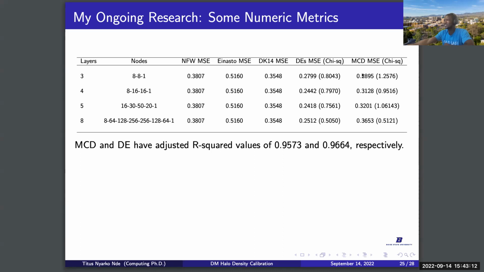The reverse of the trend seems to be what we are observing in Monte Carlo dropout. As we increase the architecture, the MSE becomes bigger, and then the chi-square measure decreases, though it's more of a fluctuation. But I think this is a good spot: the current architecture I'm using and the results I showed you depend on this simple neural network architecture, and the results are pretty good.